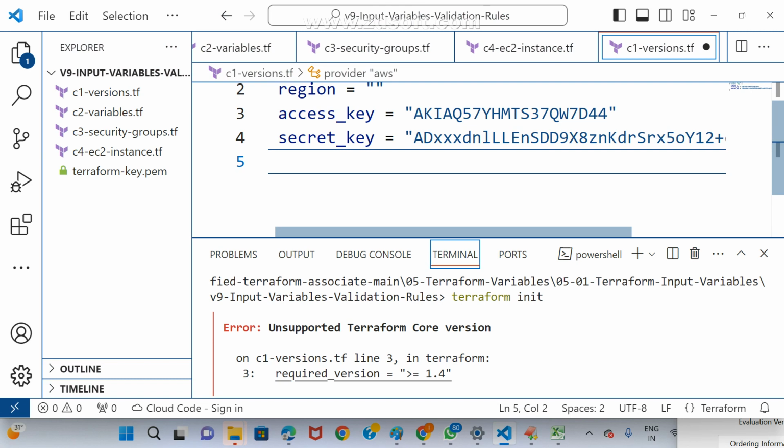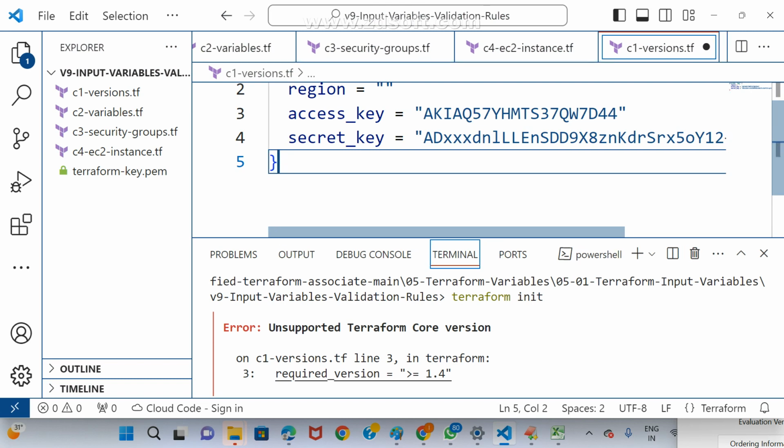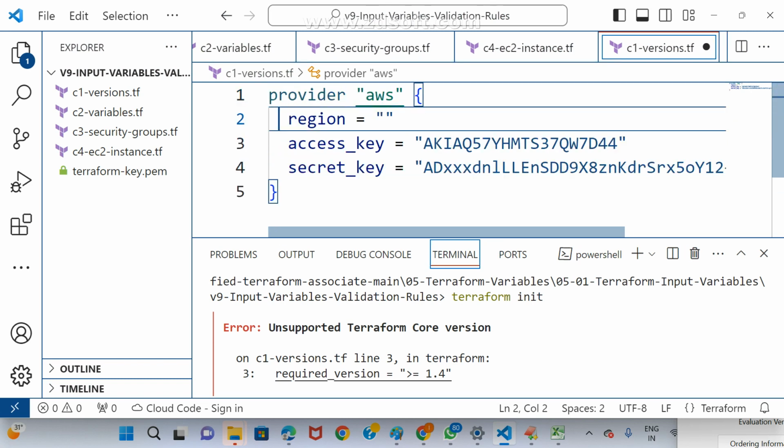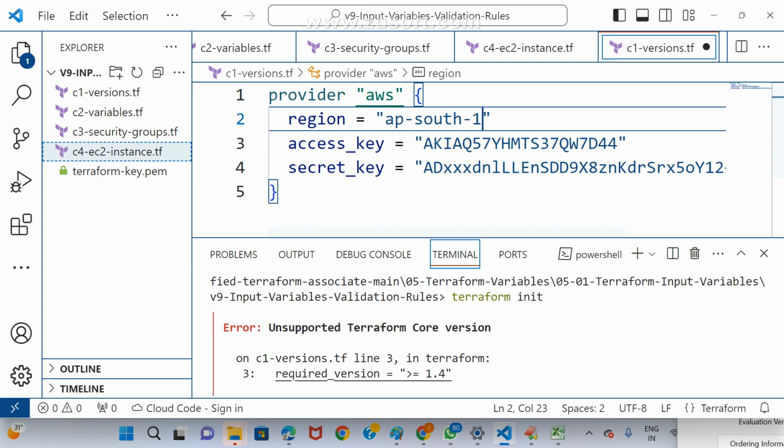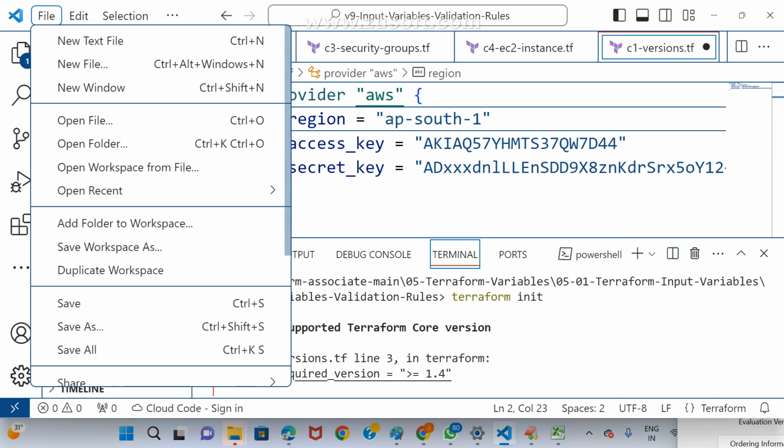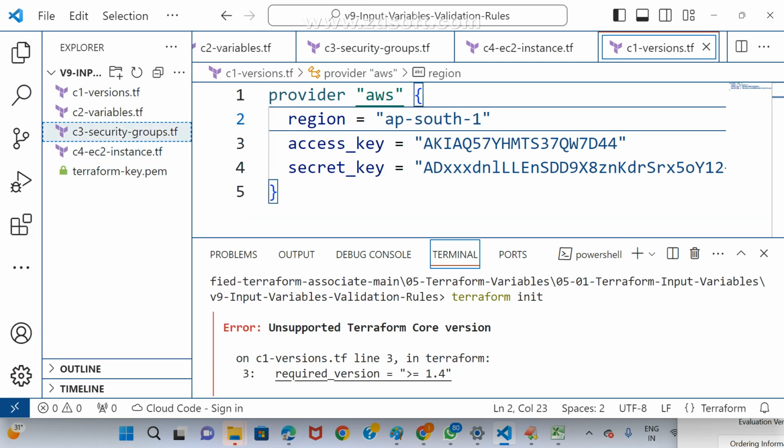Region, closing not given. Closing curly brace. Region, you did not mention the region. US East one? Not AP South. AP South one, I think. Okay, our AMI ID we took from AP South one, I think. Yes, AP South one. Here, file, save all, and also